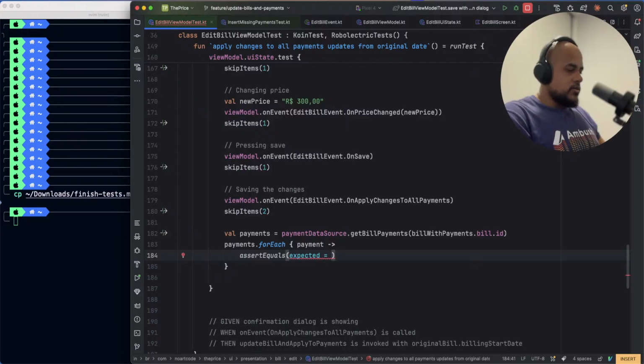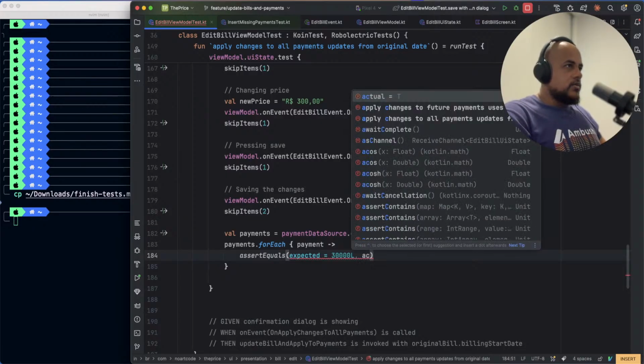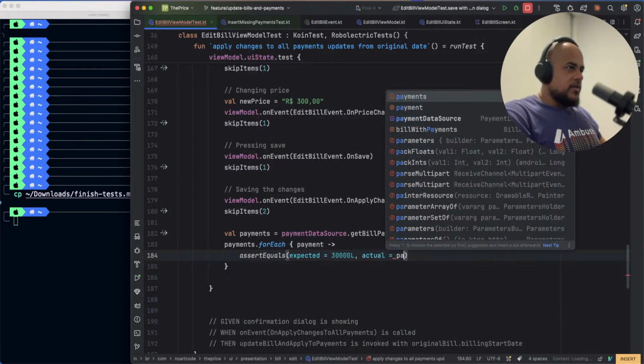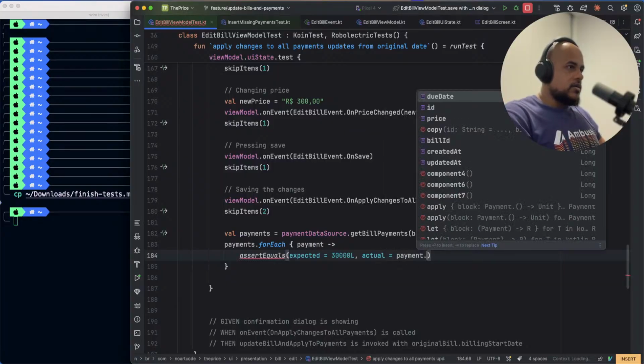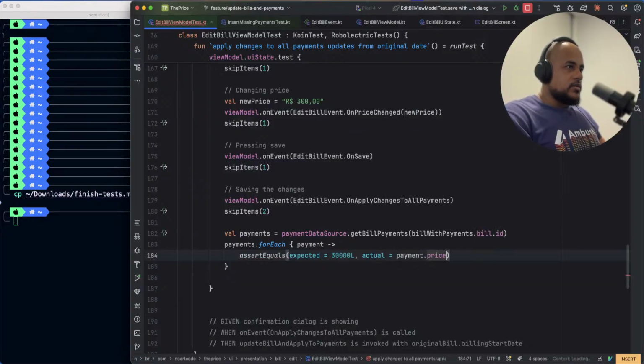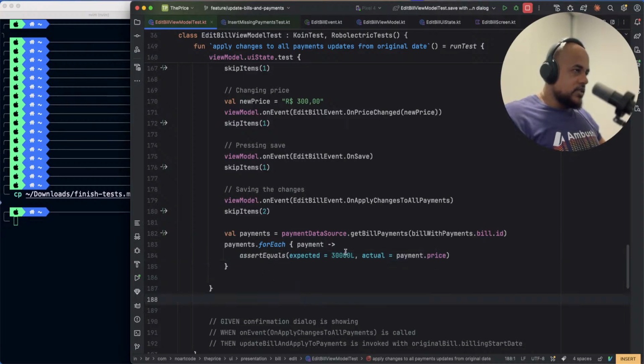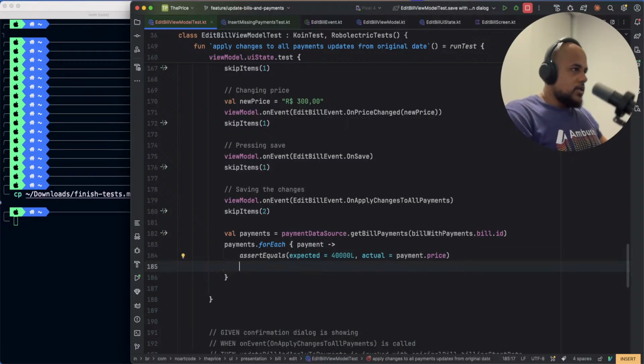Look, let me show you. 30000 as a long. I think it's long, right? Expect 300 actual payment, like the data price. Should be like this, but I will change to 4. So I want to see the error already. And assert